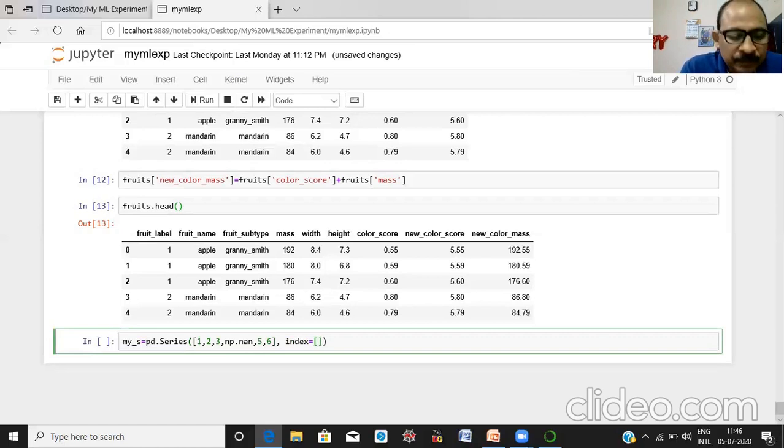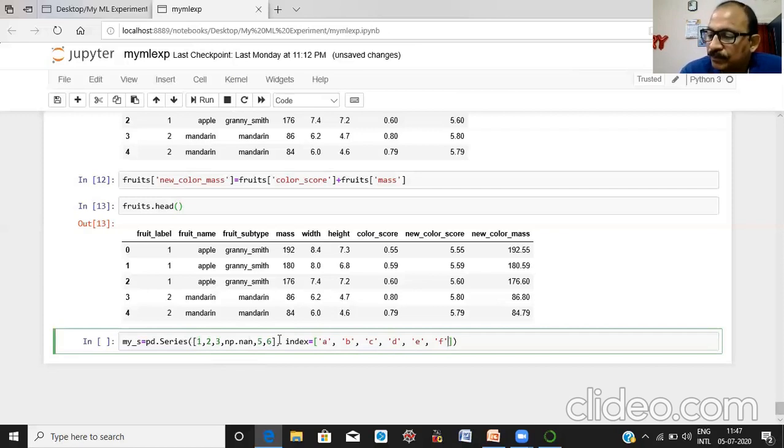Suppose the indexes are A, B, C, D, E, and F. These are the indexes of these elements.